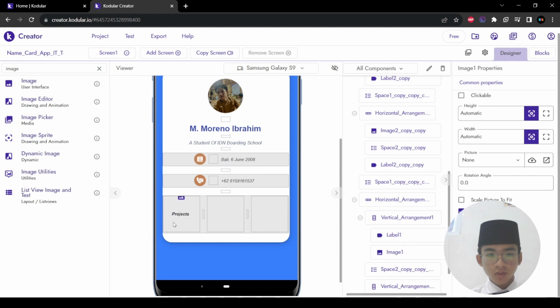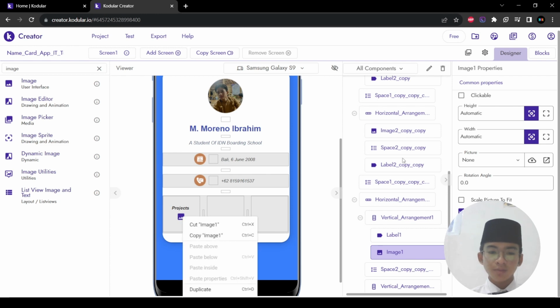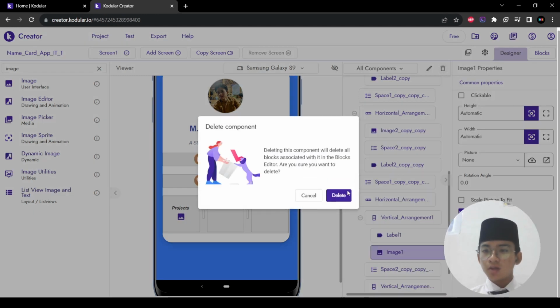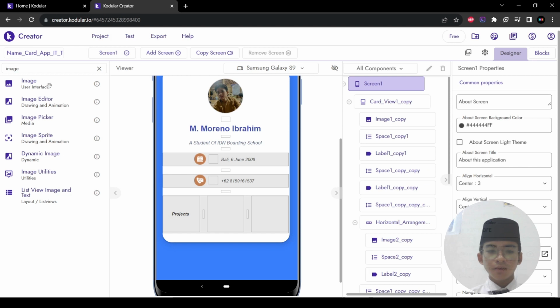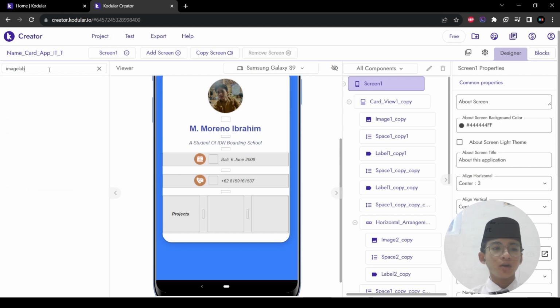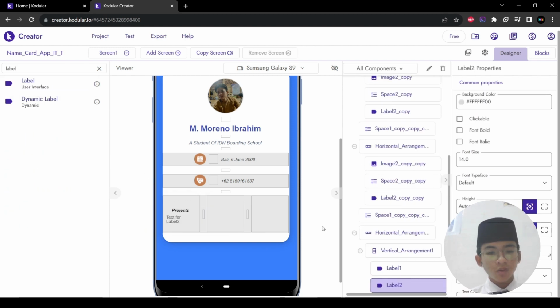Then put the image below the projects. Actually, it's not an image. Sorry, it's another label. Not image, label. Put it below the project text,